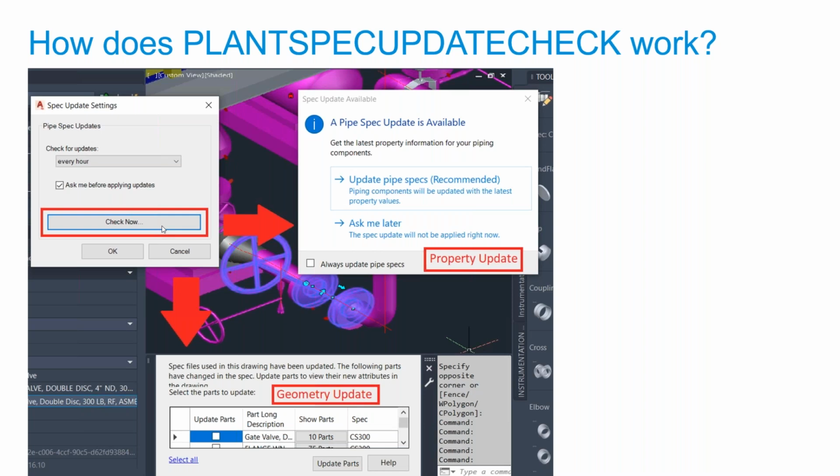in the case there have been geometry updates, there will be two windows popping up. One is this spec update available, update pipe specs. This is for the properties, for the text. But you see below, we also get the geometry update panel. And this one,